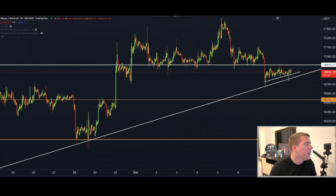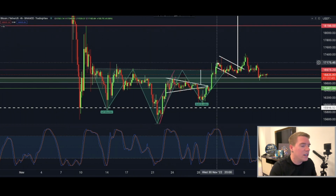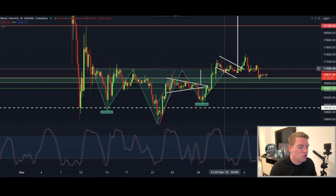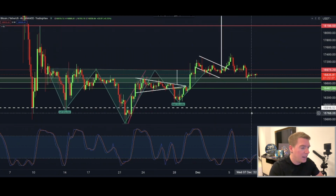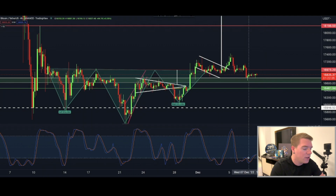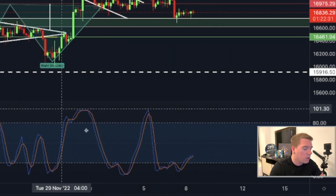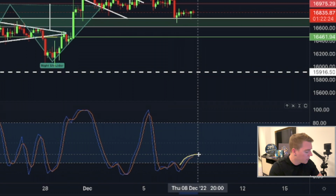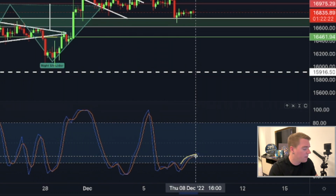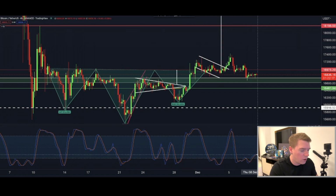So here, I want to go first to the 4 hourly chart. Nothing has much changed since yesterday. But something that I definitely want to point out on the 4 hourly chart is that we're seeing right now something that I was also warning about, and that is that the stochastic RSI is rolling over here. Every time when we see something like this, it is never turning out really well for Bitcoin,